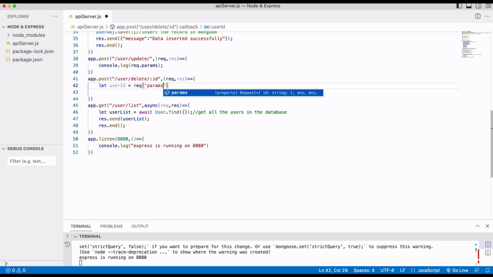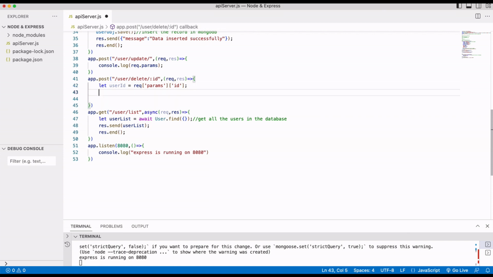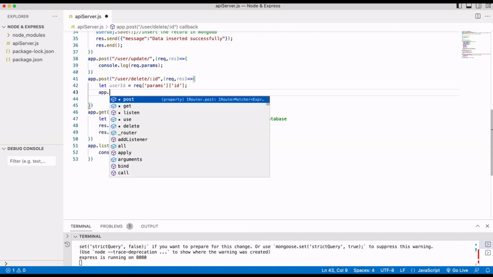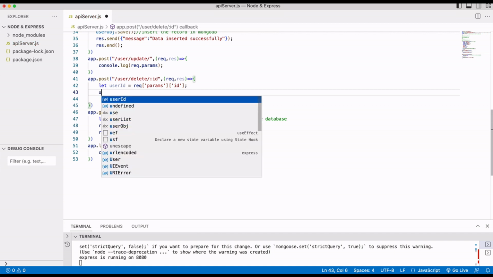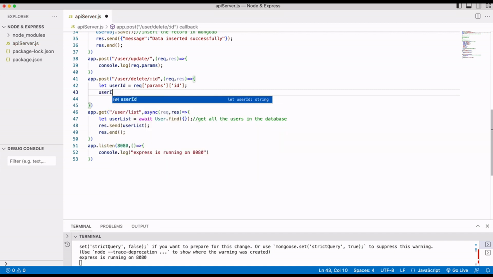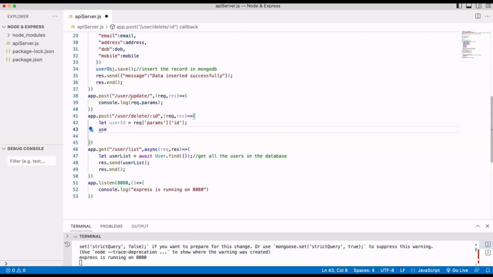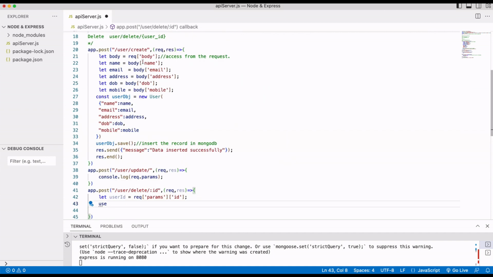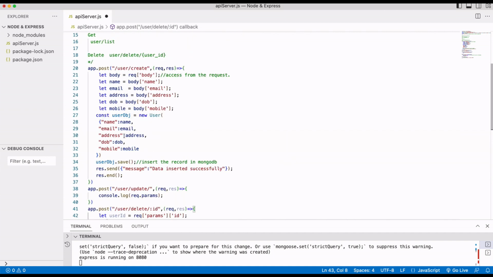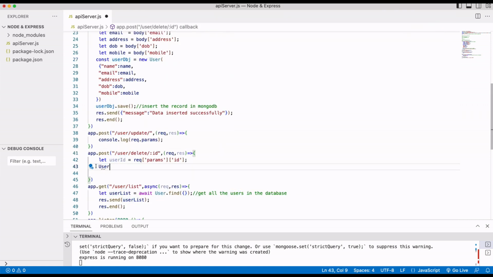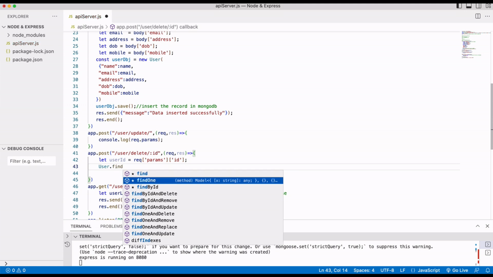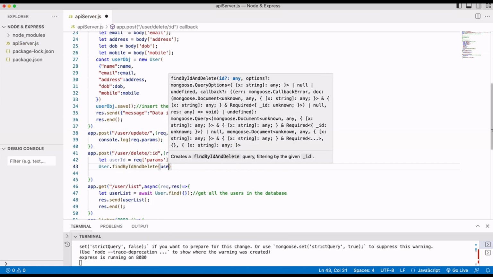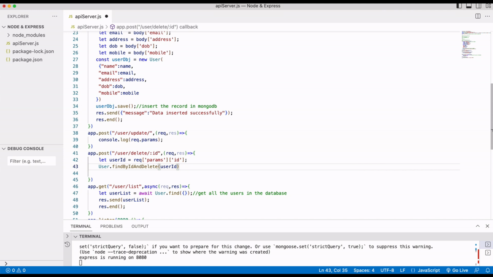Params, this is the default one. Next one is the ID. This will help us to get the ID. So here we can say app.user.findUser. This user is nothing but the above object. Using this one we can easily identify the user. User.findByIdAndDelete. Here we can mention the user ID. That's it. So yes, this will delete the data